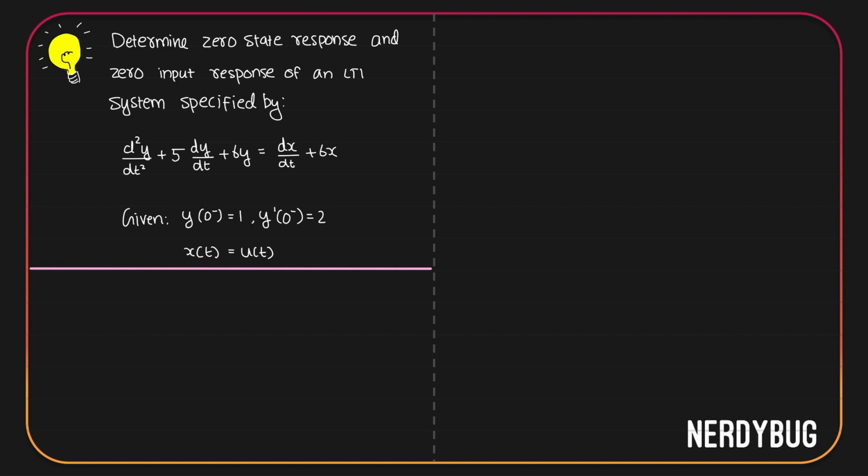Let's write down the most important thing here. Input x of t is u of t, which is the unit step function. A unit step function looks like this. It is 0 from minus infinity to 0, and it is 1 from 0 to infinity. So if you approach t equal to 0 from the left side like this, you can see that at t equals 0 minus u of t is 0. So we can write x of 0 minus is equal to 0. Let's also write the Laplace transform of u of t. X of s is 1 by s. ROC is sigma greater than 0.